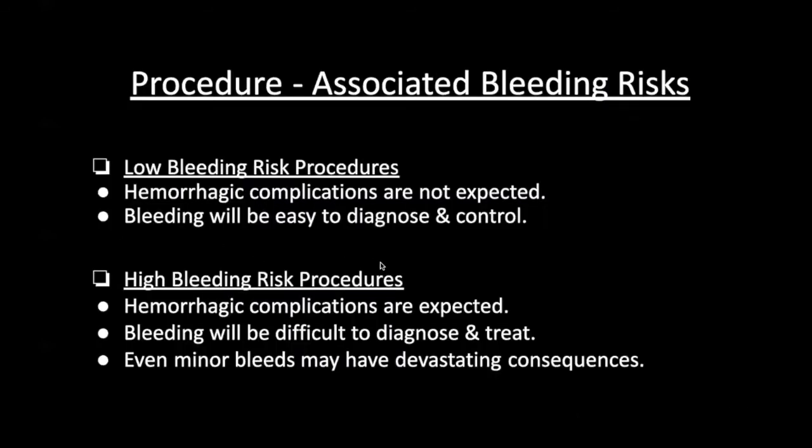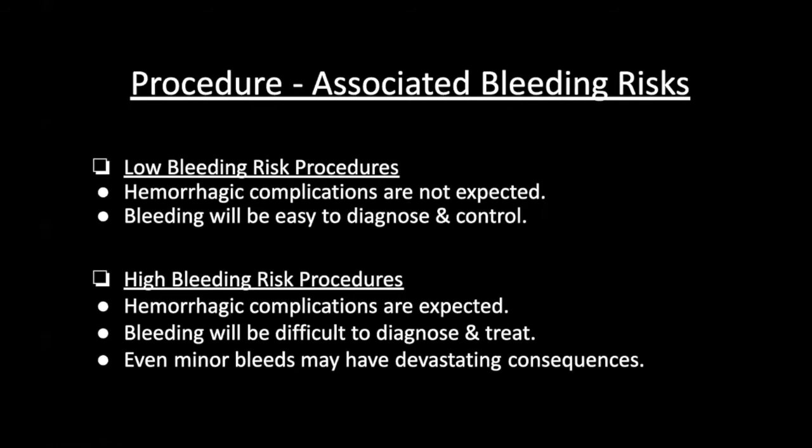So switching gears, we were talking about patient risk of bleeding and patient risk of thromboembolic events. Now, procedures themselves that we do may be carrying some risk of bleeding. And we're going to see what kind of procedures are considered low risk or high risk. So the Society of Interventional Radiology, especially this current guideline in 2019, classifies our procedures in two categories. They are the low bleeding risk procedures and the high bleeding risk procedures.